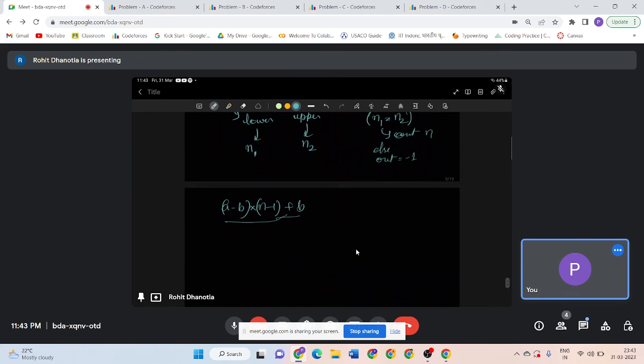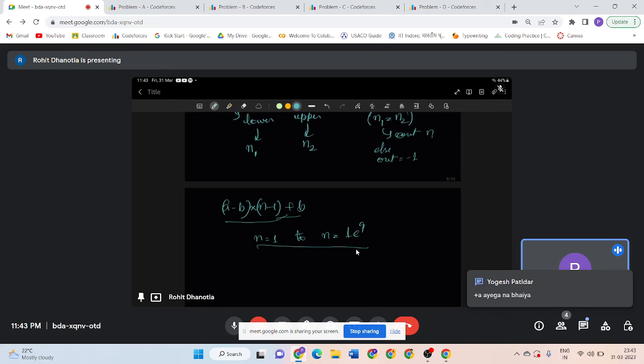So one option is iterating from n equals 1 to n equals 1e9, but this will give time limit exceeded. So can you think of something? We can apply binary search here because if it can,